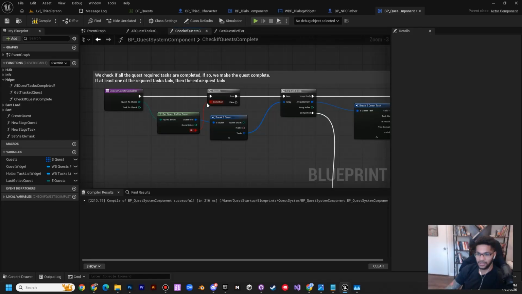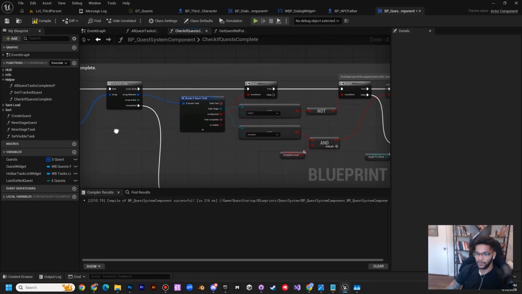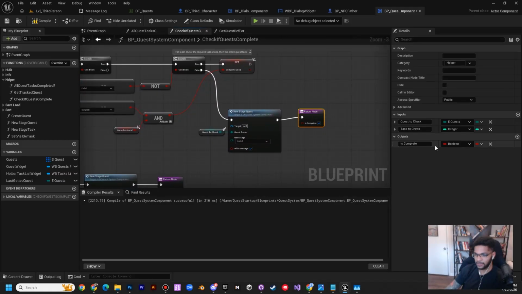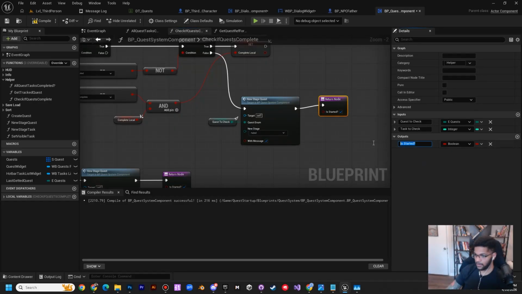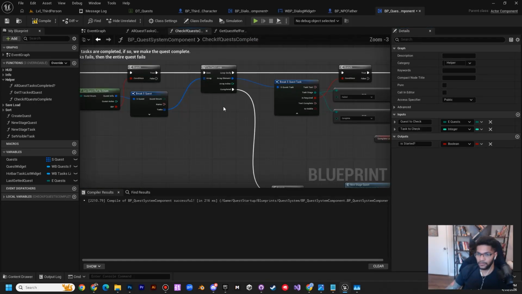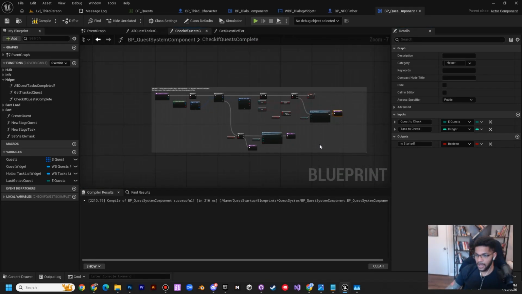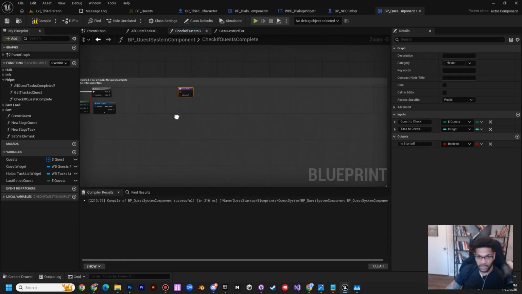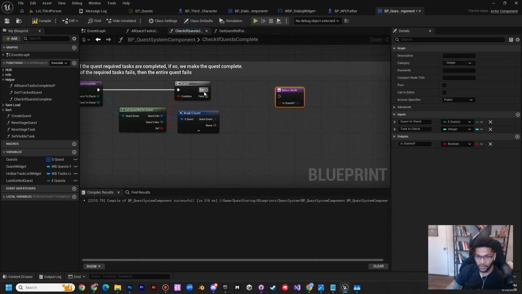So if the quest is started, oh, we're going to delete. Really, we should be checking here whether or not it's started, not whether or not it's completed. So I'm going to change that output from is completed to is started question mark, or rather, it should be not started question mark. I'm just going to delete all this stuff in the middle because it is confusing me, and then I'm going to bring this. So if it's true, if OK equals true,